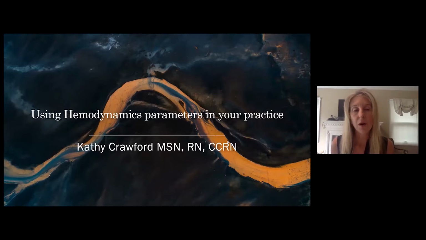The medical ICU I work in is a 22-bed medical ICU. And out of that, we also have our rapid response team and what we call the MICU alert nurse. We actually go down to the emergency room to take care of our ICU admissions before they come up. So I have an opportunity to use hemodynamics in a variety of settings, and that's what I'm going to be